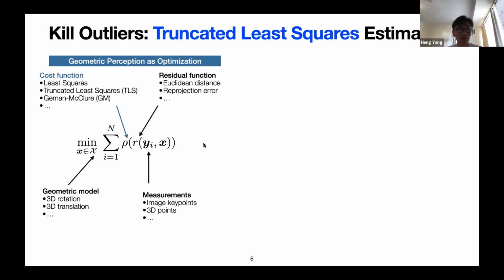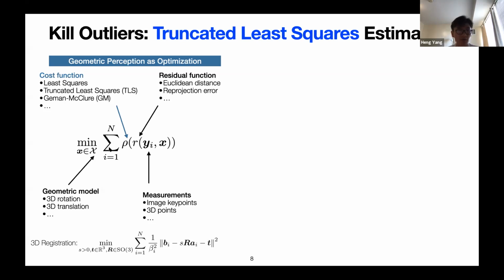And then we have a cost function that can be either non-robust or robust. In the non-robust case, it's least squares. And then in the robust case, TJ has a plot of all sorts of robust estimation cost functions. So to give you a very simple example